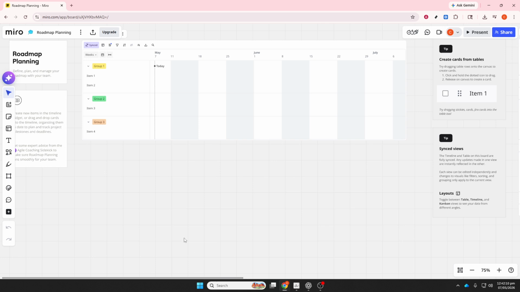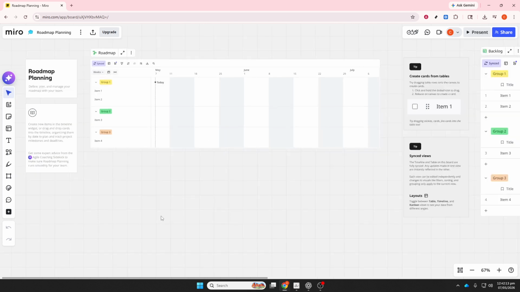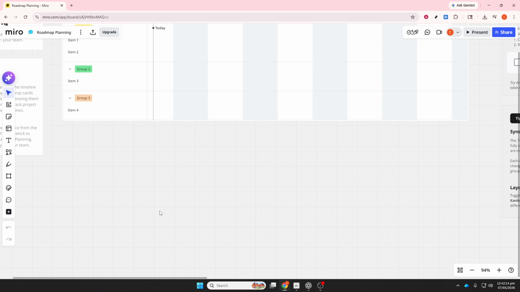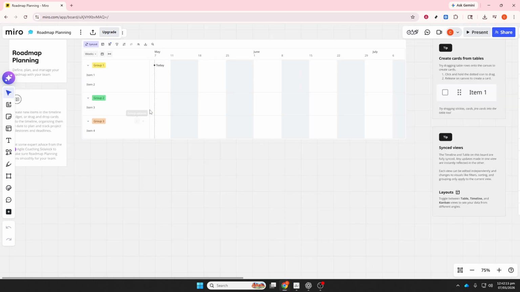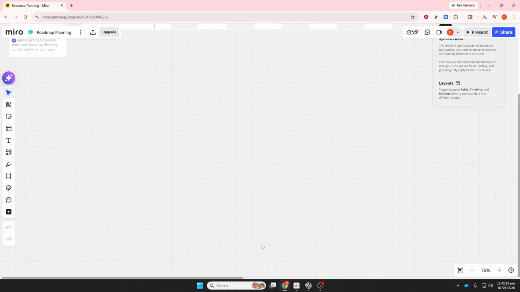Then script the demo, which is your main content. Break it into 2 or 3 quick steps so it moves fast and feels achievable. For a client board reel, you might say, first create a new board, add frames for each section, then organize tasks and links. Keep sentences short and natural, so your voiceover matches the pace of on-screen actions without needing extra